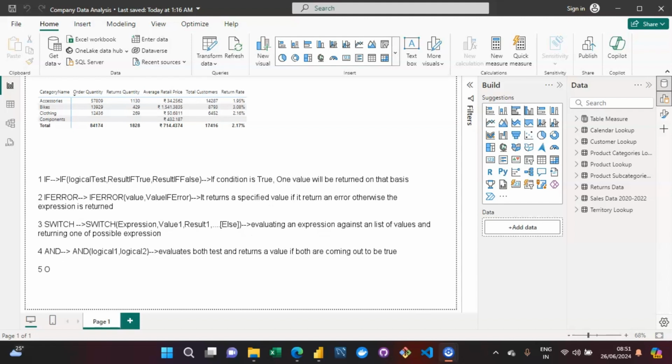That is not the case with respect to our next clause, that is OR. In the case of OR, you are putting two logical tests only. A similar kind of expression, or syntax, you'll get to see, but the point is that it evaluates again both tests,